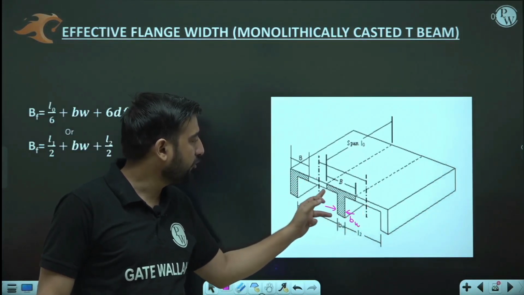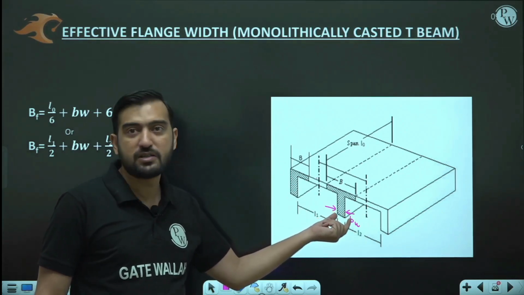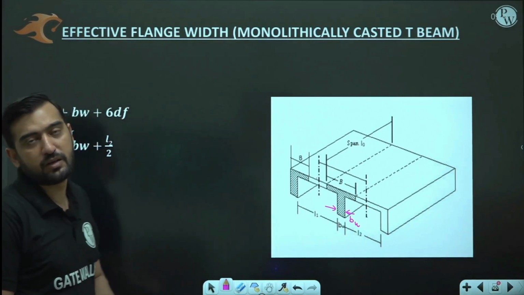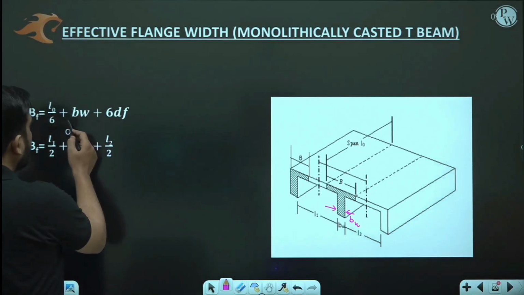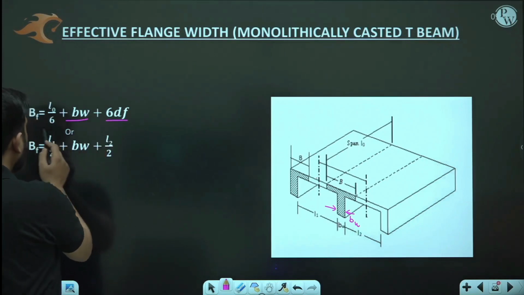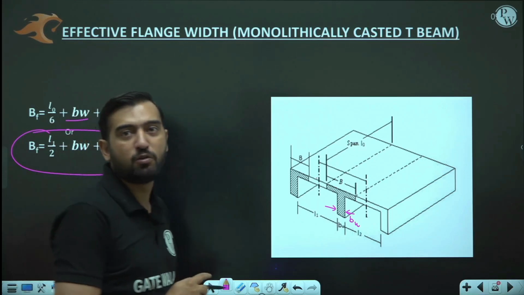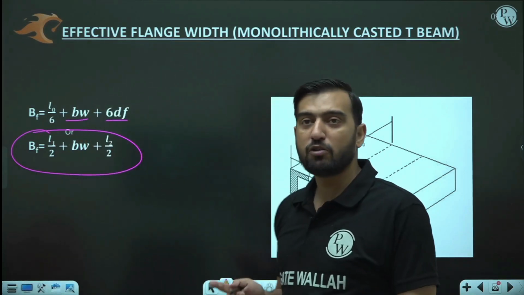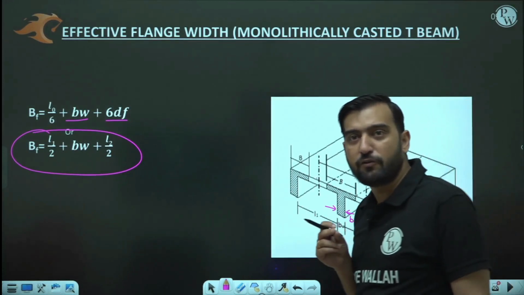Okay, so half of L1, half of L2, and with this additional web thickness requirement. So overall BF is L0 by 6 plus BW plus 6DF, or it is the center to center distance, which is L1 by 2 plus BW plus L2 by 2. Similarly, if you are going to apply your common sense, then you can also depict the value of effective width